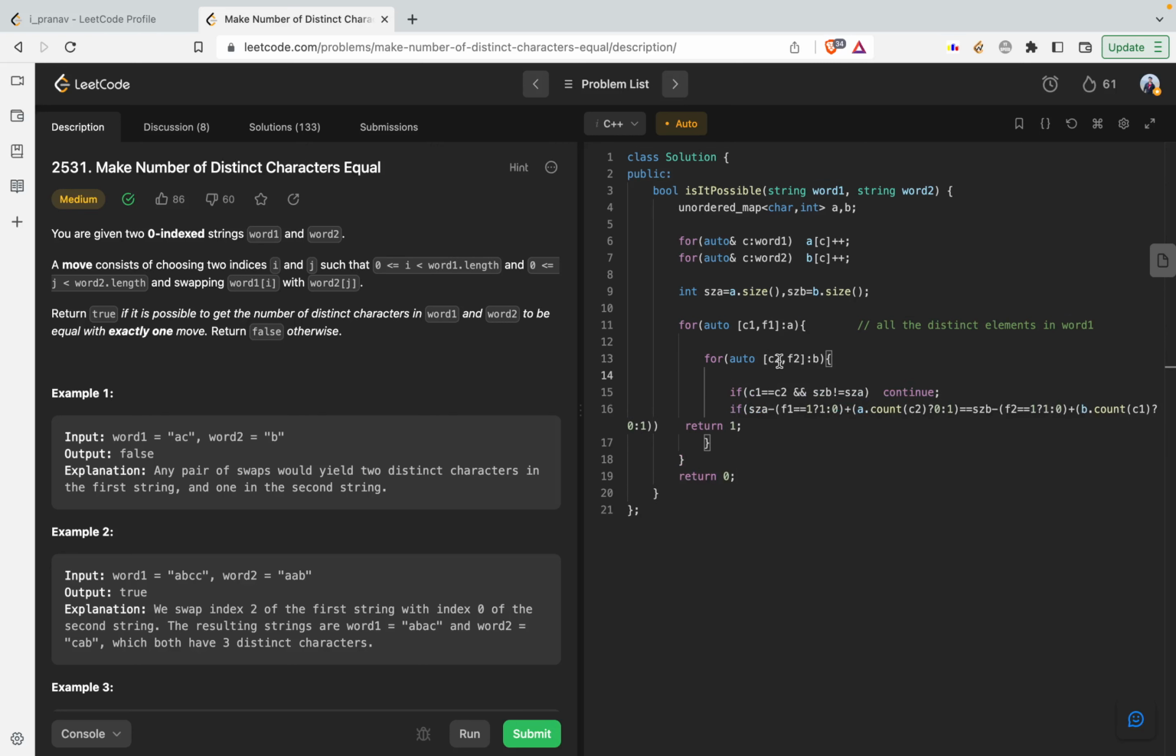So C2 is the word and F2 is its frequency. I'll be checking: are C1 and C2 equal, and is size B not equal to size A? Technically they won't make any difference, because if I'm replacing this A, I'm replacing the same character in word 1. Let's say I'm replacing A in word 1 with A in word 2, then they technically don't make any difference, right? So they can only return true if their initial